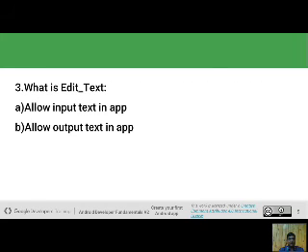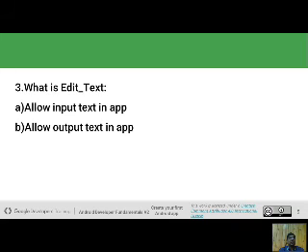Next is, what is edit text? You have heard of text view and many components, but what is the use of edit text in layout designing? When we want to take any input text in an Android app, then we use edit text for that.